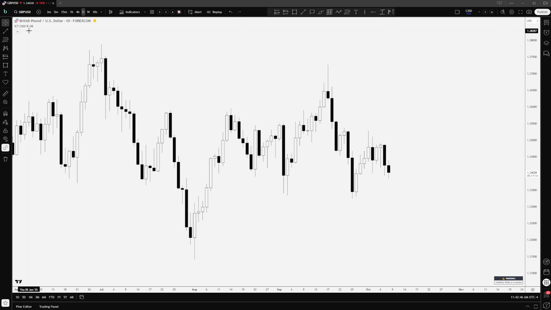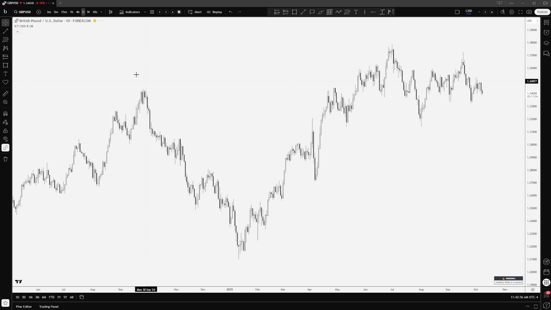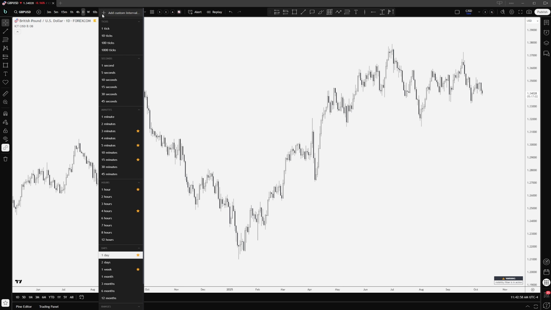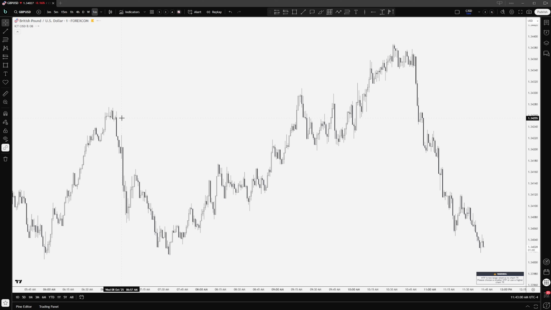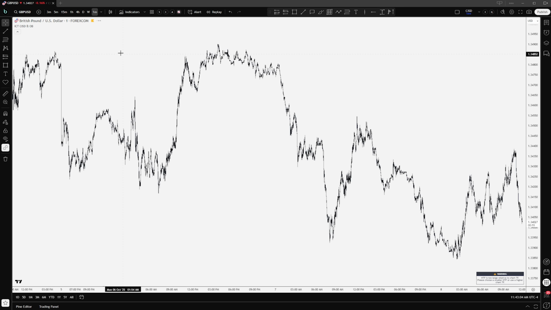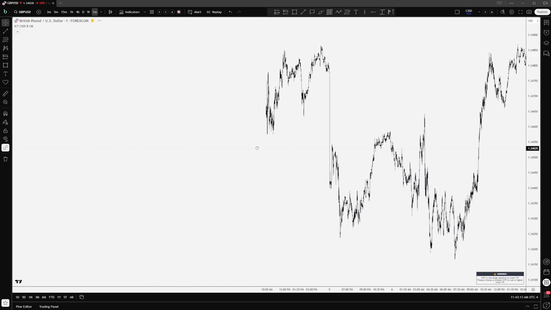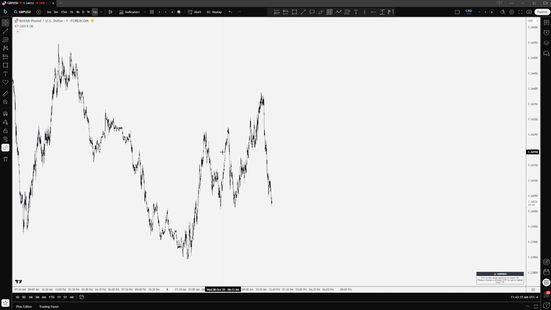Also, for these messages, if you're doing something crazy, like plotting, let's say, the 1 week change in state of delivery and order block lines, and then you go to a time frame that is, let's say, 1 minute, that is a crazy line. If your high time frame is weekly and your low time frame is 1 minute, the line is just going to be crazy. So in this case,